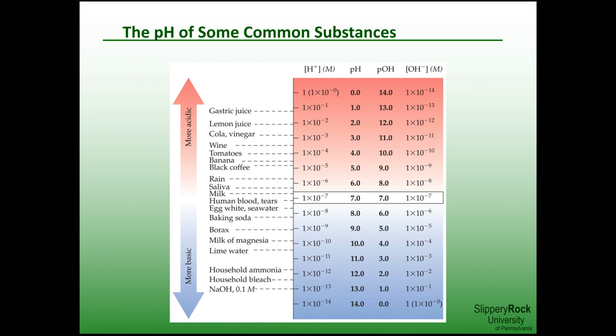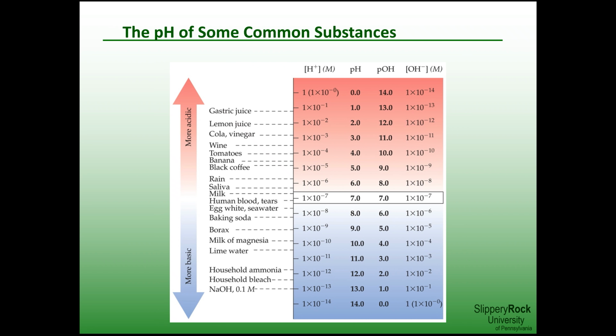This slide presents the pH values of common substances, helping us connect the abstract concept of acidity and basicity to materials we encounter in everyday life. The pH scale ranges from 0 to 14 and is a measure of the concentration of hydrogen ions, H+, in a solution. Lower pH values indicate higher acidity, meaning a greater concentration of hydrogen ions,